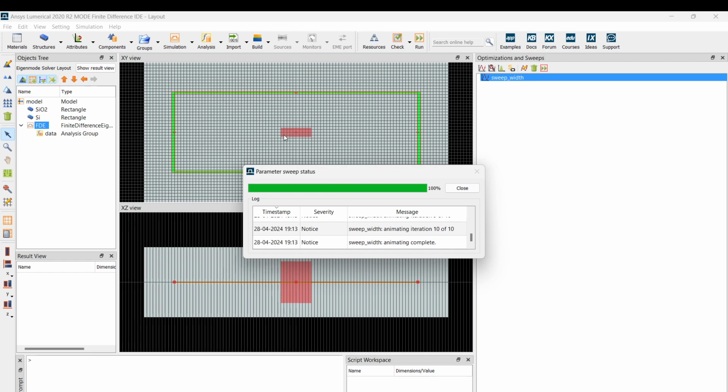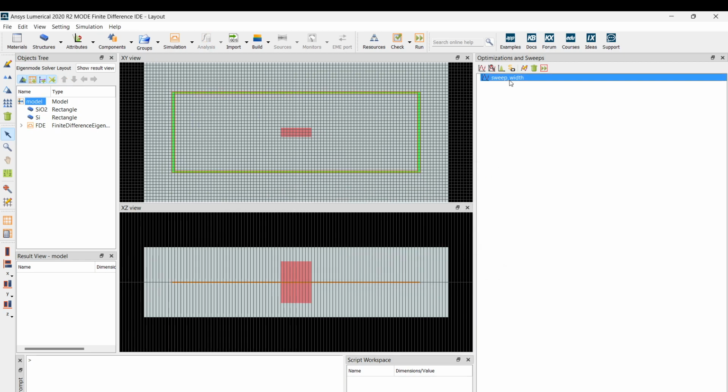I just animated it so it will just change the width. We saw that.